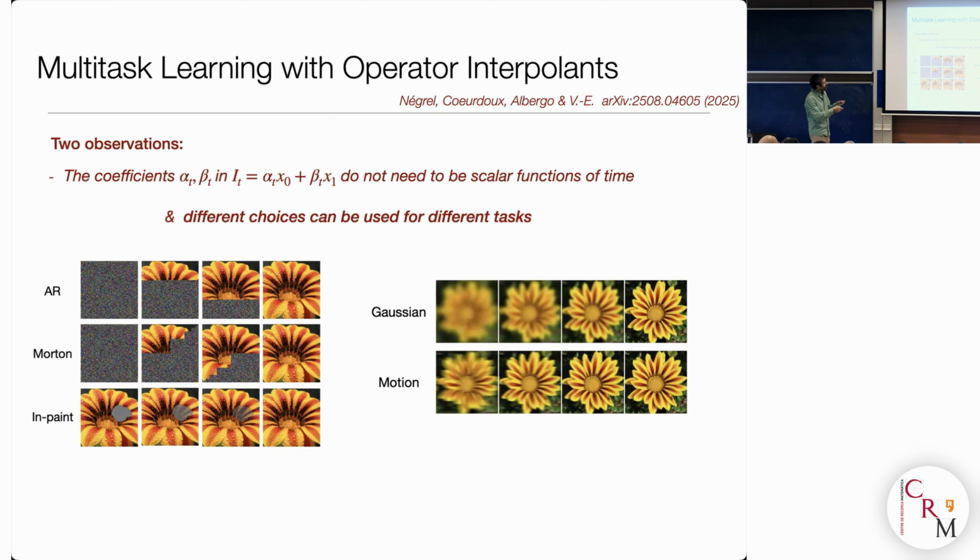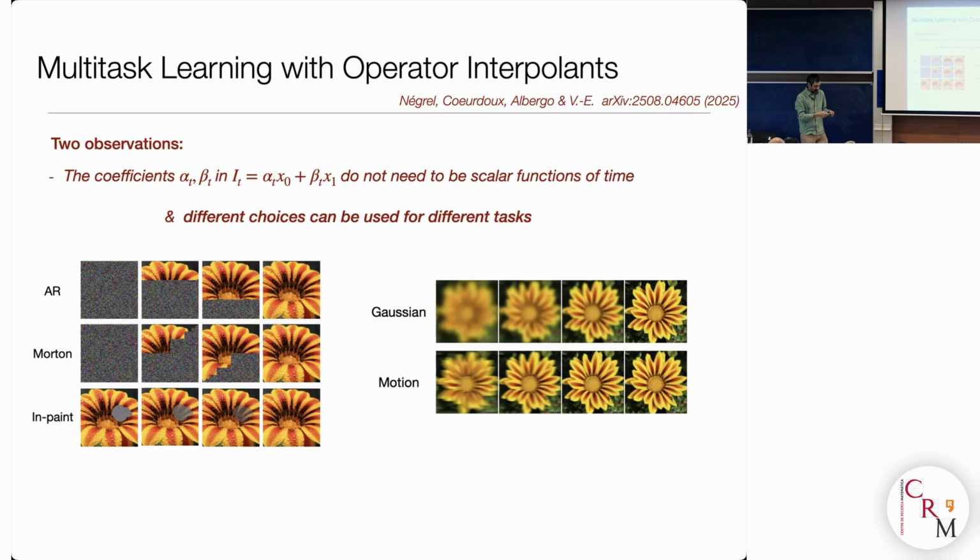It is because if you are allowed to take different choices of alpha and beta that are matrices, for example, you can start to do denoising in ways that are much more versatile than if you just put noise globally on your image. Like for example, this is a denoising that corresponds to removing bands of pixels, as if it were a movie, where you go this way. This is doing it another way, and this is doing it in yet another way, where you have a patch.